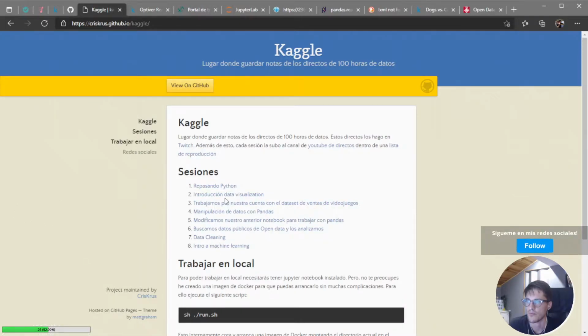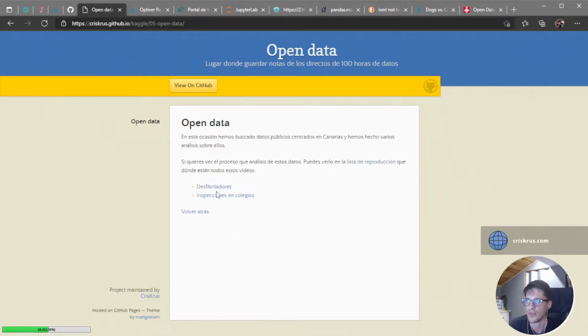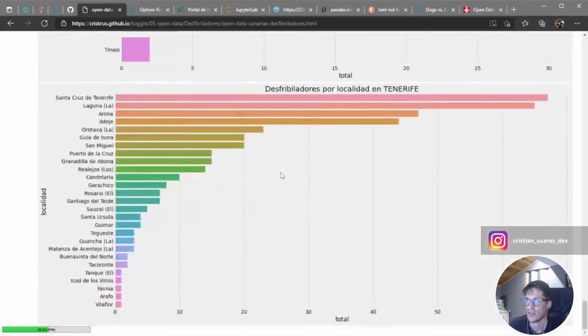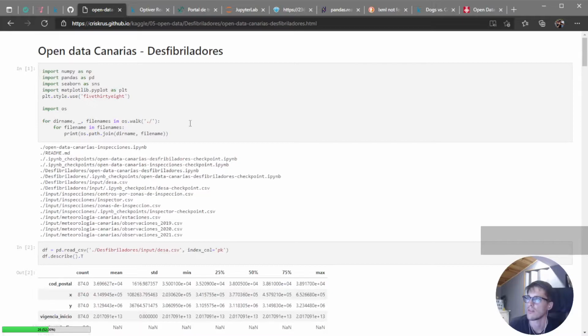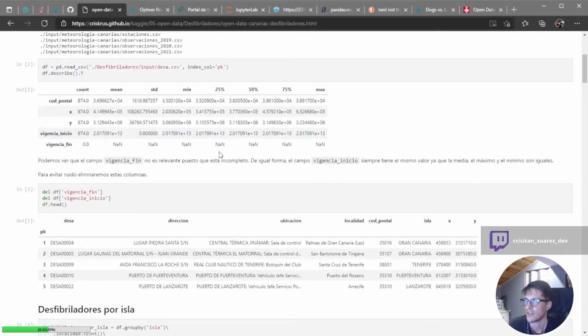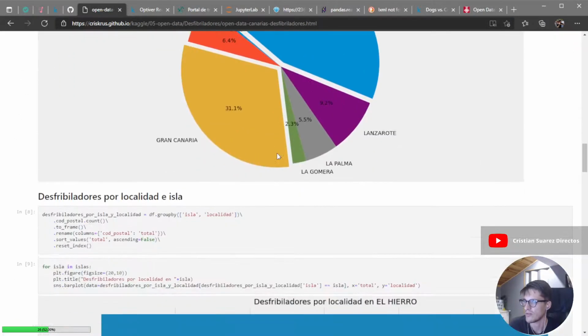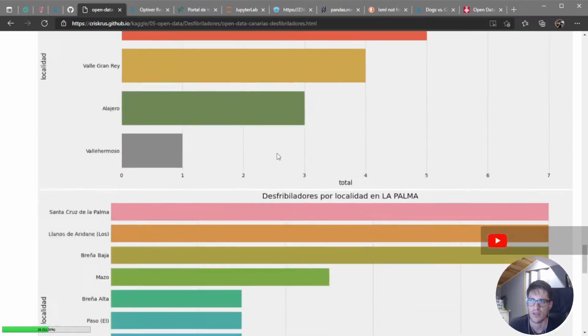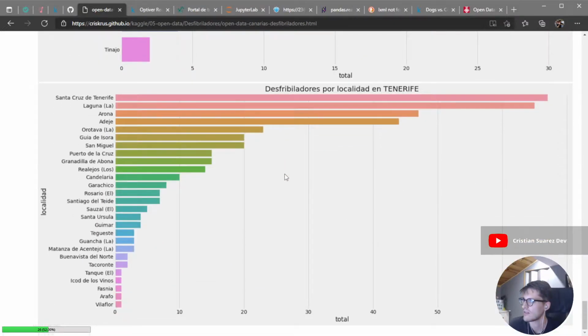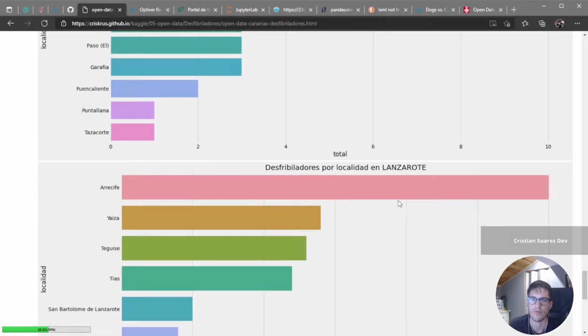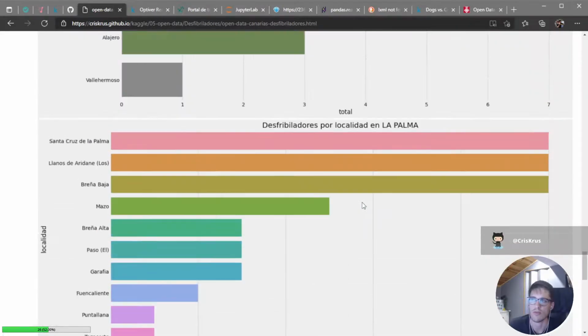And we have some open data notebooks. For example, this is from Canary Islands, and we just check about how some medical stuff is distributed through the different islands, making some plots and so on.